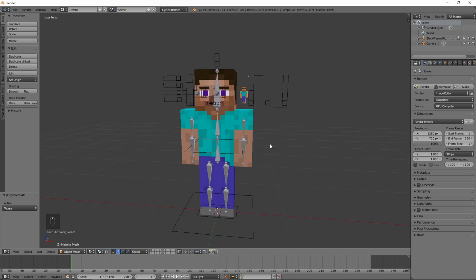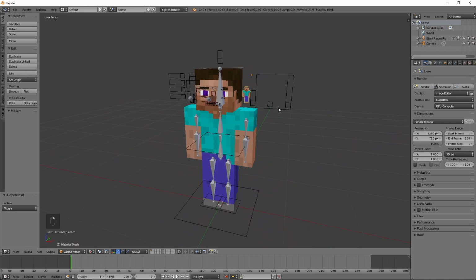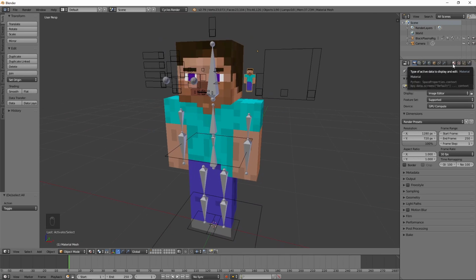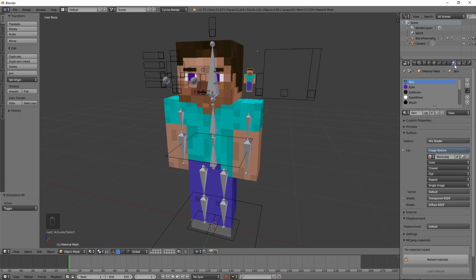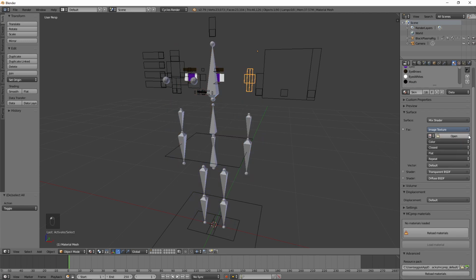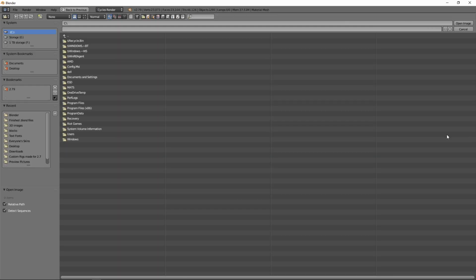But this will be just a quick summary of how to do this. So you right click on the tiny character to add your character skin. Go to the right side. Click on the gray checkered circle over here, and then you'll see image texture, steve.png. So you'll want to X that out, and then you'll just get bones, just open, and then you'll want to